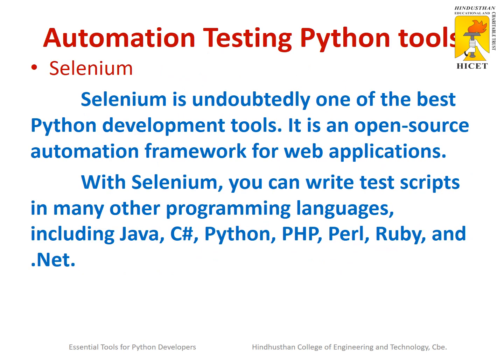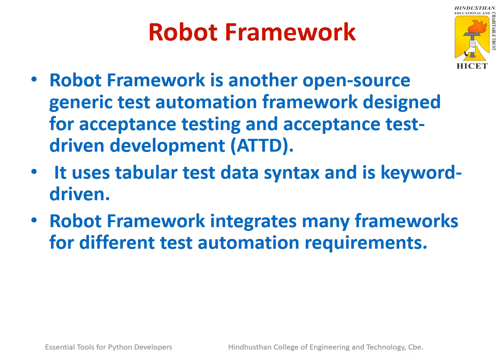Automation testing Python tools. Selenium is one of the automation testing Python tools. It is an open source automation framework for web applications. It is used to write test scripts in many programming languages, including Java, C#, Python, PHP, Perl, Ruby, and Robot Framework. Robot Framework is another open source test automation framework which is designed for acceptance testing and acceptance test